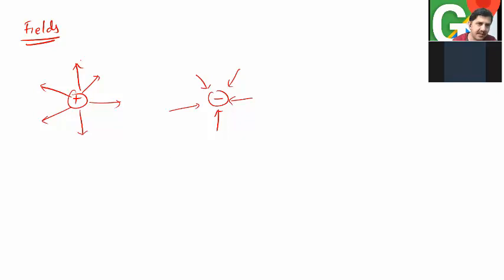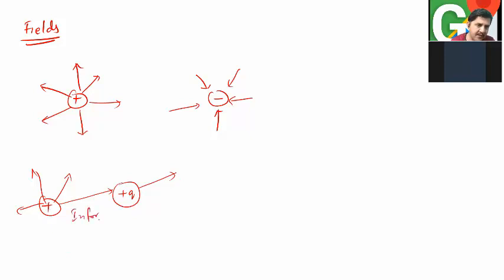The positively charged particle has lines outwards, which means that if I take one more positively charged particle, which you call a test charge, and put it here in the vicinity of this charge, then this will say, I am already a positive charge, I don't want any other charges to come nearby, and I want to push off any charges that come nearby. And how am I going to push? I'm not going to put you into a spiral, but instead I'm going to direct you along a line connecting me and you, which is radially directed, and thus I'm going to throw you out. So this is what it conveys.